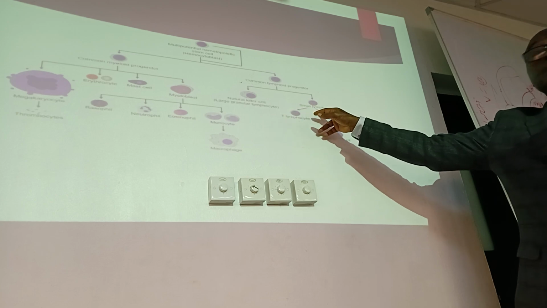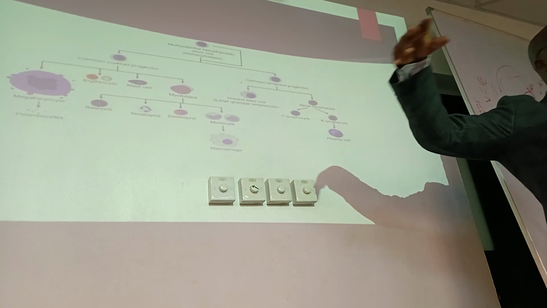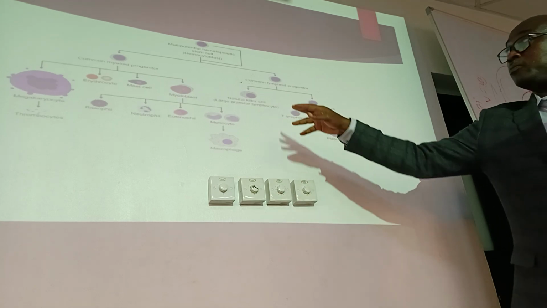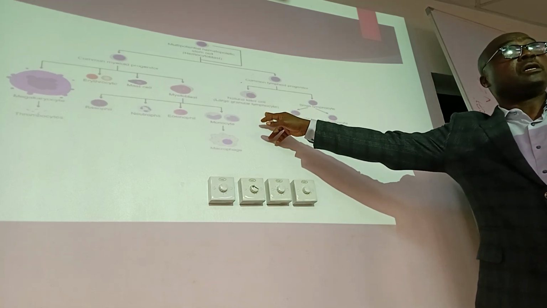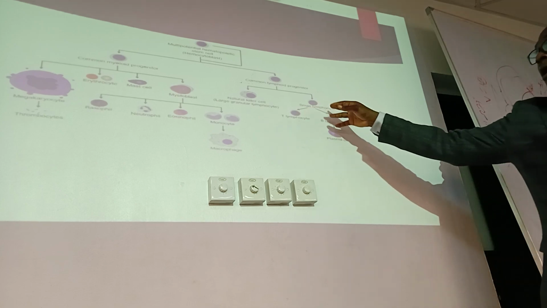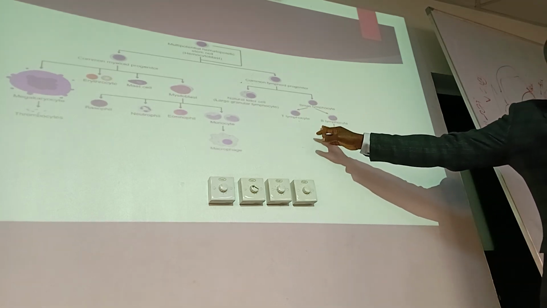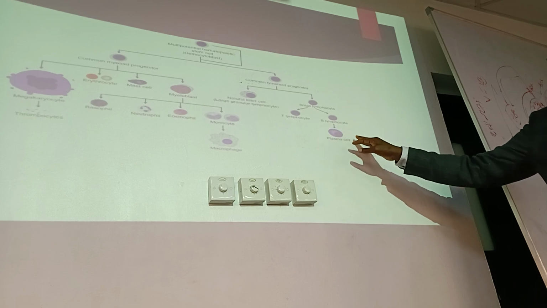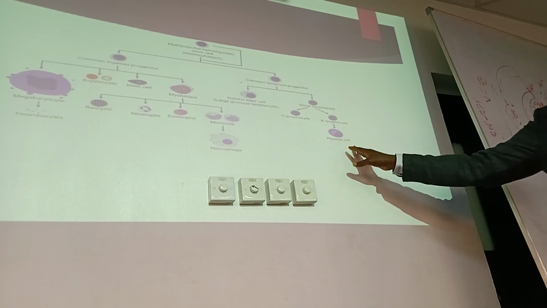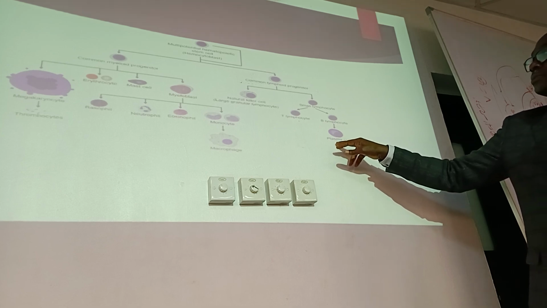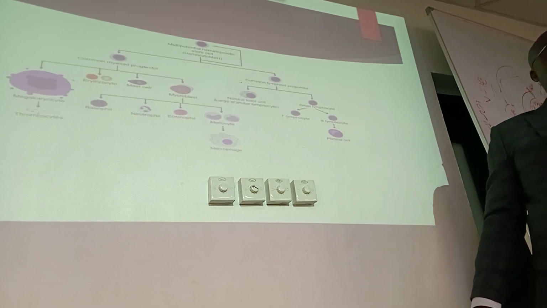We are taught that granulocytes are not lymphoid, but now some lymphoid cells can be granular, the large granular lymphocytes, which are the natural killer cells. Then you have the small lymphocytes that can differentiate into the T lymphocytes and the B lymphocytes, and the B lymphocytes will then differentiate into plasma cells.